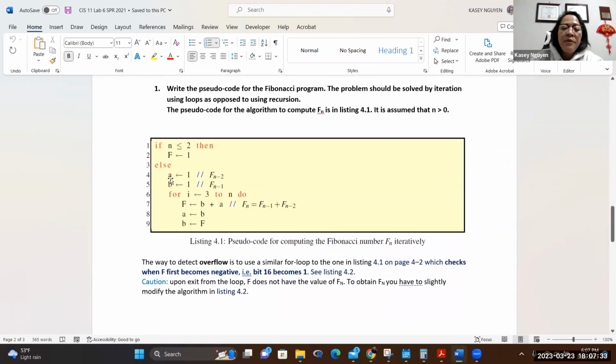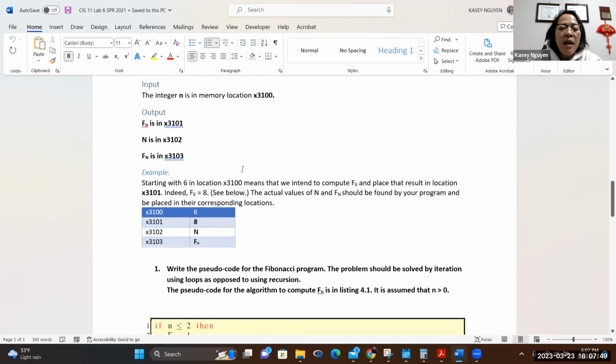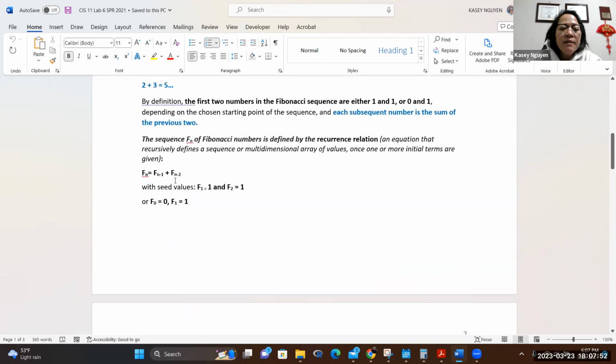So part of the lab manual, this is what's given to you. In this case, we would say if n is less than or equal to 2, then f is 1. Why is it this way? Why is there a condition like this? If you take a look at the function, we have to have the seed of 1 and 1 to start our sequence. So it's saying that if n is less than or equal to 2, it's going to be 1. Those are our seed values to start our sequence,